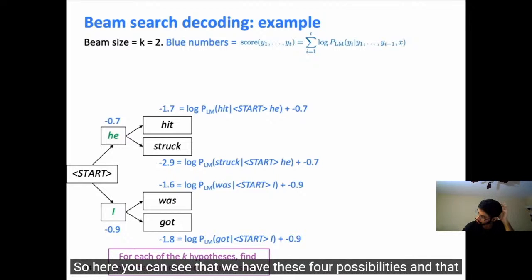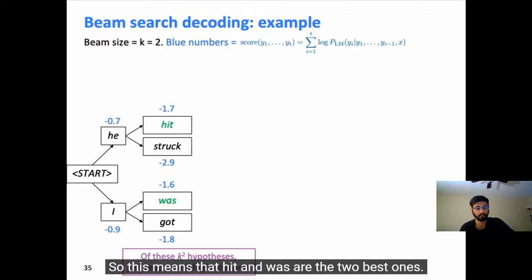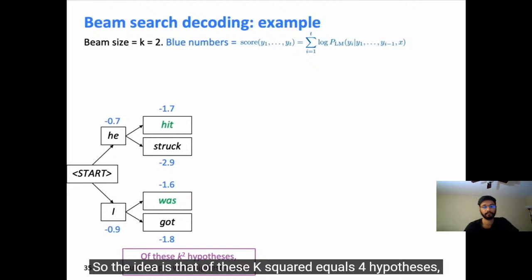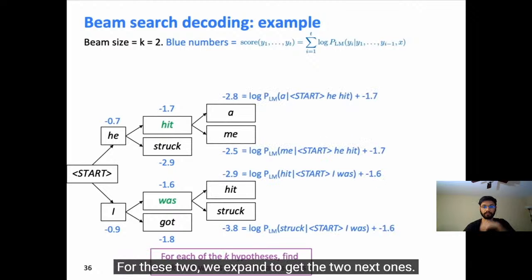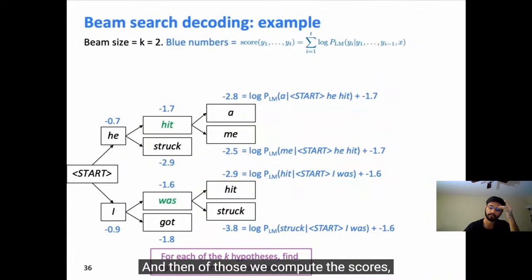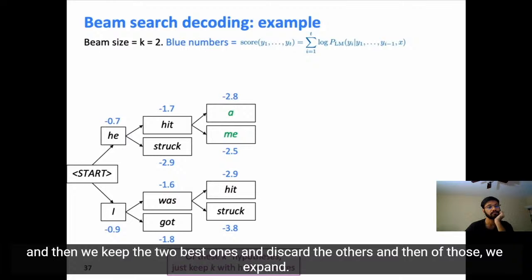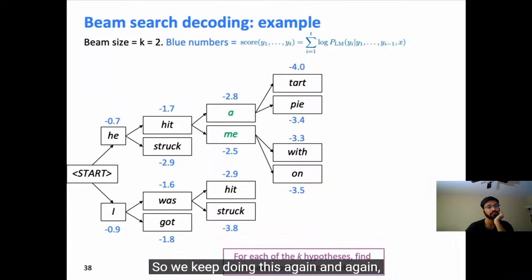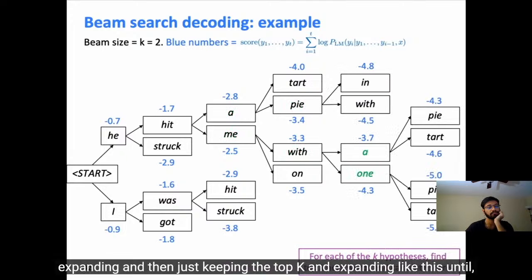Here you can see that we have these 4 possibilities, and the top 2 scores are minus 1.6 and minus 1.7. So this means that "hit" and "was" are the 2 best ones. Of these k squared equals 4 hypotheses, we're just going to keep the top k equals 2. And then we just keep doing the same thing. For these 2, we expand to get the 2 next ones, and then of those, we compute the scores, and then we keep the 2 best ones and discard the others, and then of those, we expand. We keep doing this again and again, expanding and then just keeping the top k,